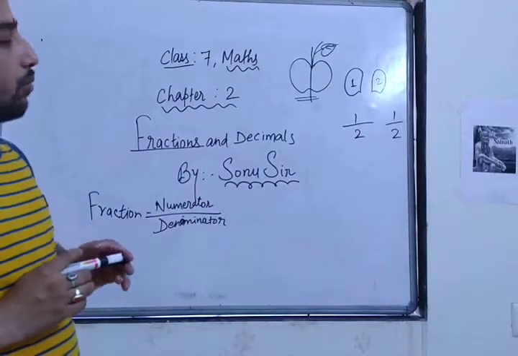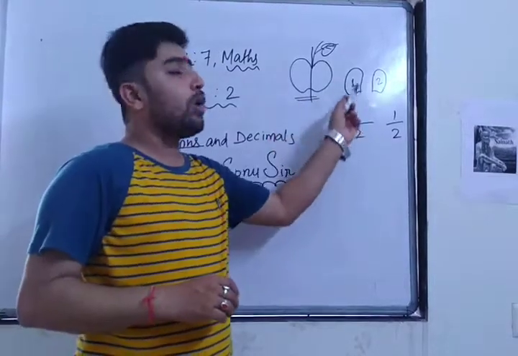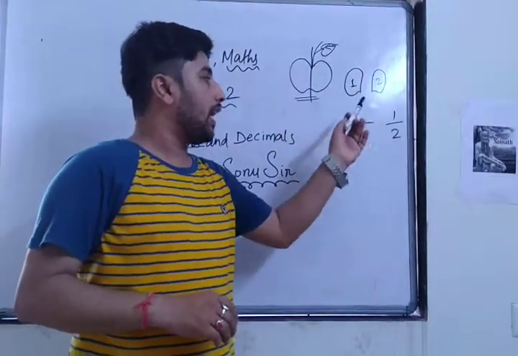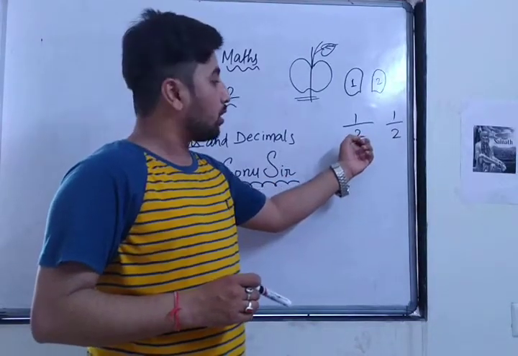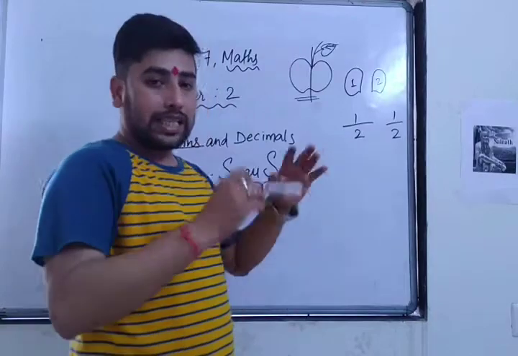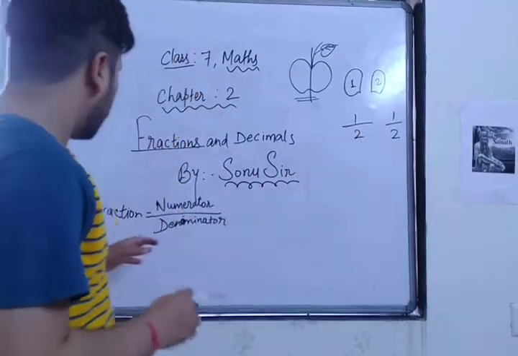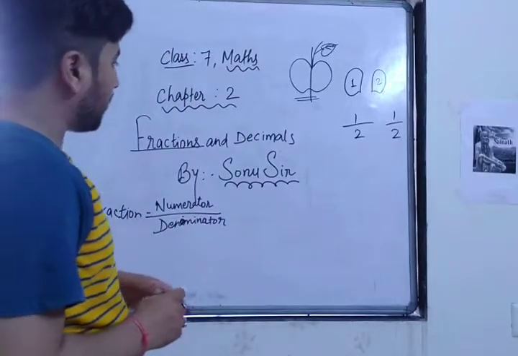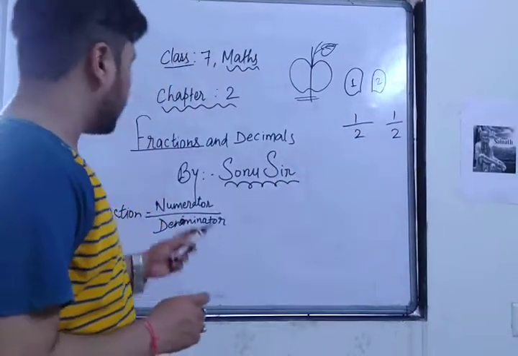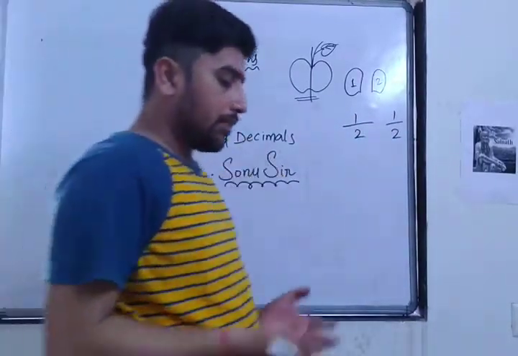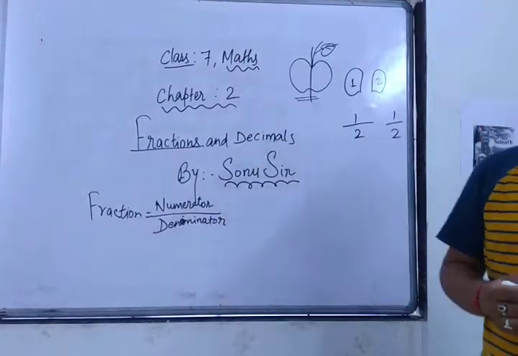So what I have represented here, this was a whole apple. Out of that I have cut it into 2 pieces, and 2 pieces means the total is 2 pieces. As I have cut it into fractions, the total number we have to write down is called the denominator. And whatever part I or my brother have got, that is called the numerator. That is the whole number's part. Improper fraction, a combination of whole and a proper fraction.